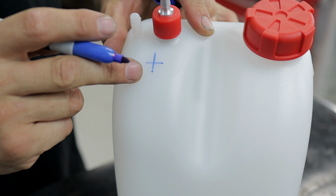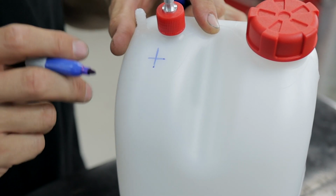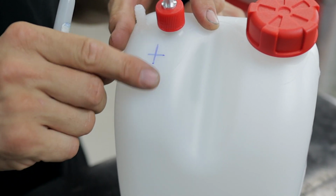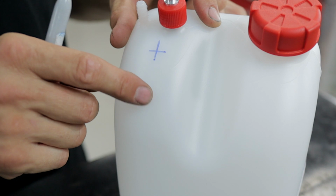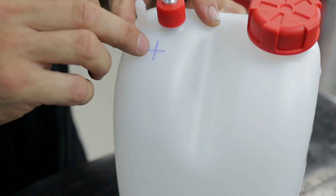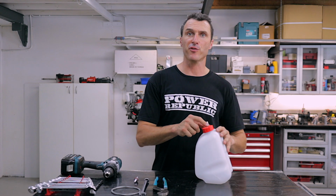Like so. Sometimes it's easier if you just put a marking on the flat part of the tank where you're going to put your hole, just as a bit of a guideline, so you don't put it down too low. If you try to put the fitting here, the tank starts to become radius there, and it's going to be hard for you to seal on the gasket. So you want to put the fitting up here on the nice flat part where the gasket will seal up good. Next up, remove the fuel cap